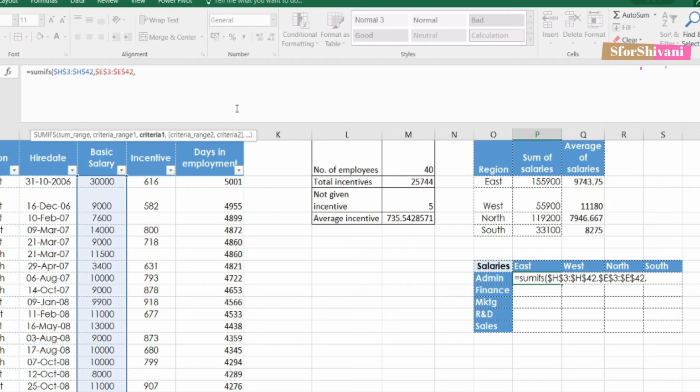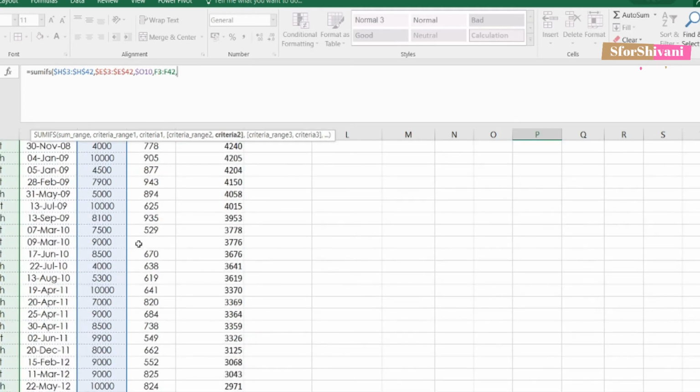Now, criteria 1, which is this. As we have discussed, O is remaining same and the values of the rows are changing. So I'm fixing dollar here. Then criteria range 2, which is the region. Fixing this.